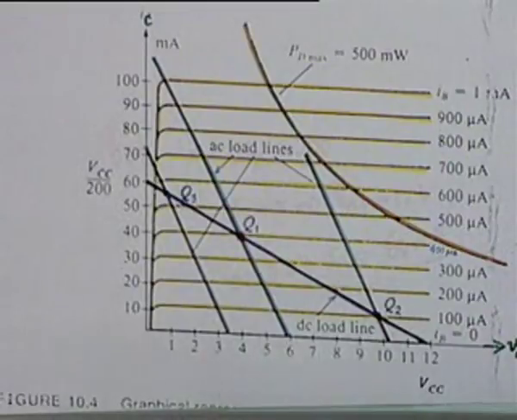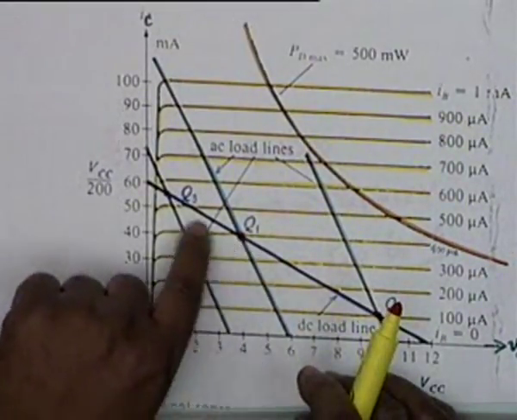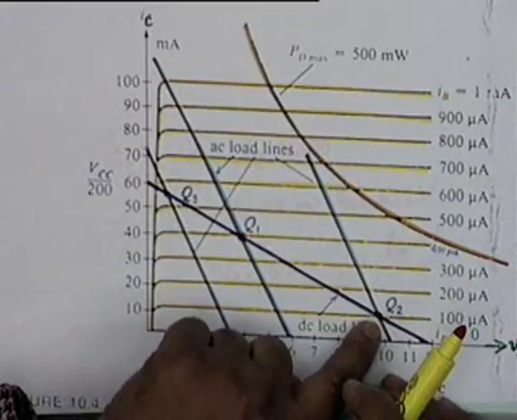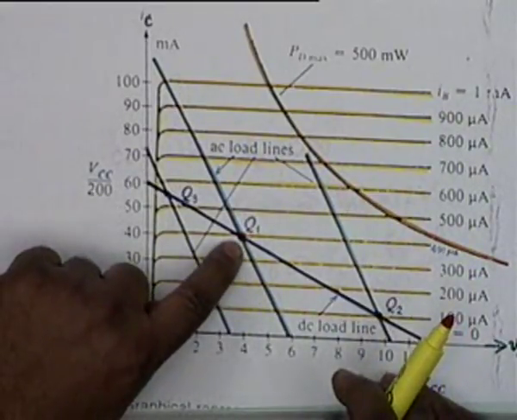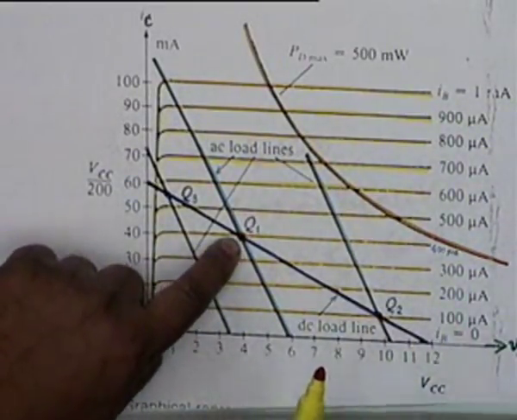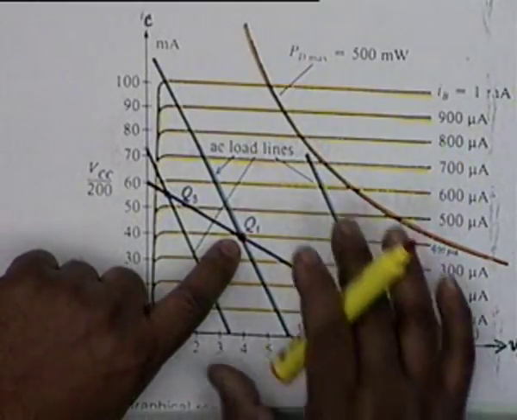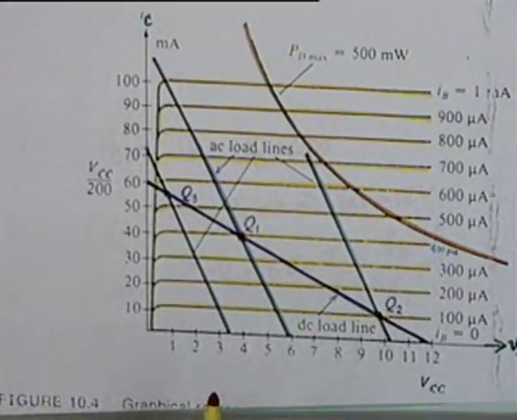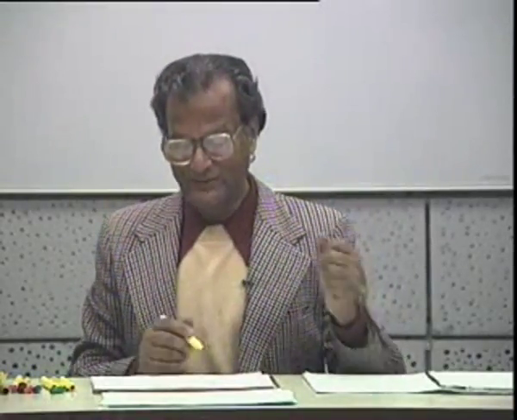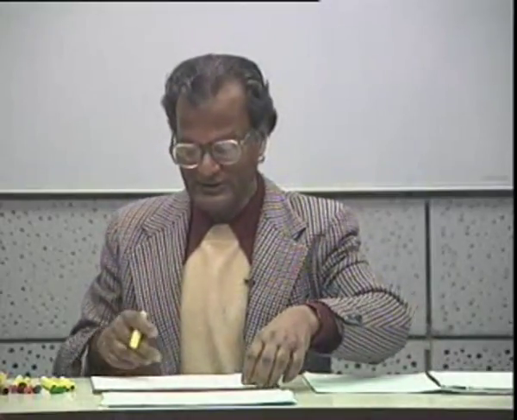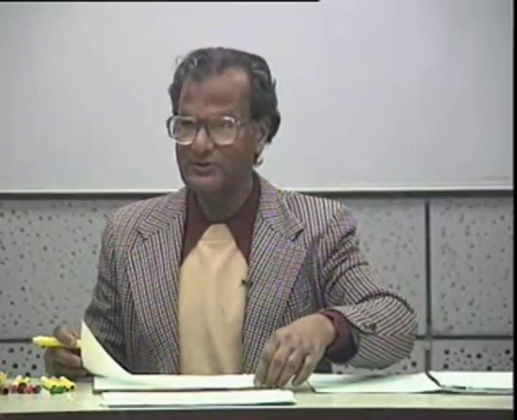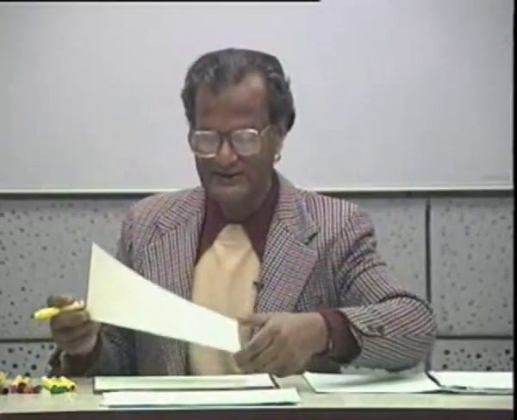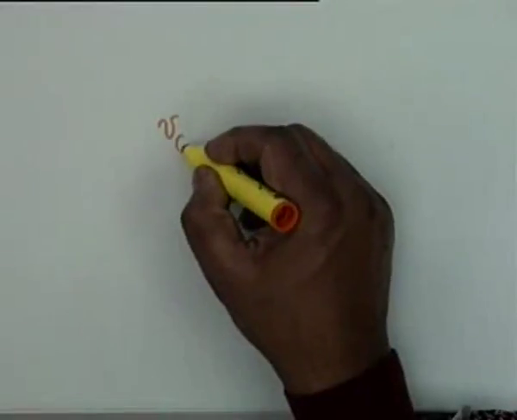Alright. Now if Q1 is the operating point and this is the DC load line, and we are working as, now is Q1 a reasonably good operating point? Yes, it's well inside, but let's see how it behaves in the face of AC, in the face of a signal. If there is signal, then the DC load line is not enough. We have to draw the AC load line, an AC load line from the AC equivalent circuit.